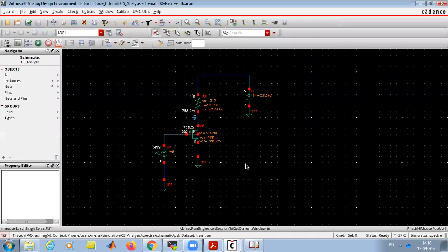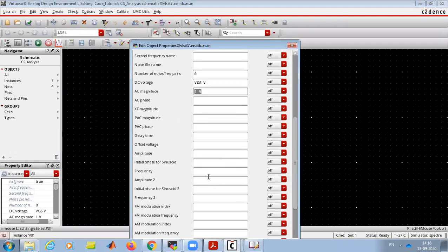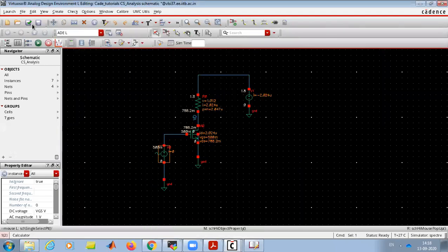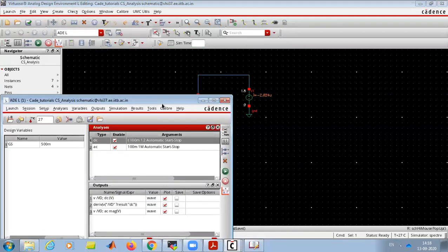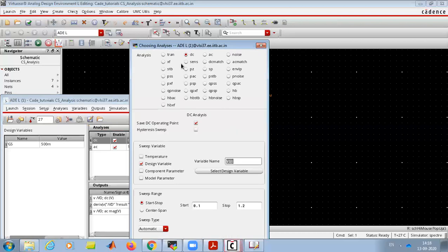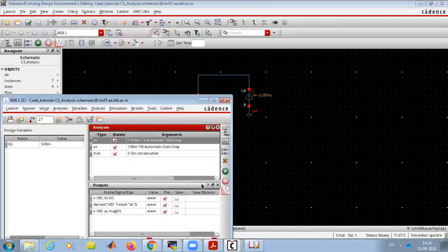So this was two. Now the third approach, using the transient. For transient we'll apply, suppose, 1 millivolt and 1 kilohertz. Again we will go and add the transient response. First we'll run, and only then can we add to the output.